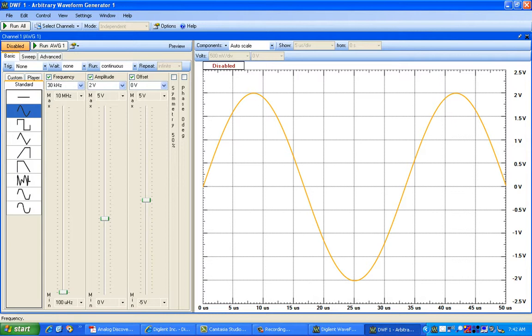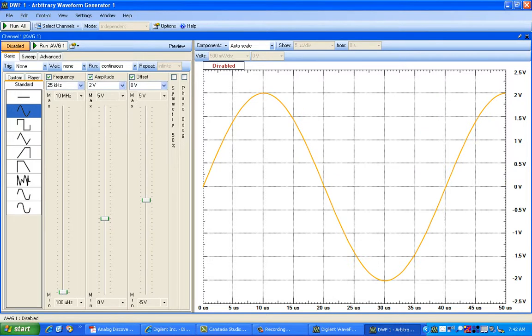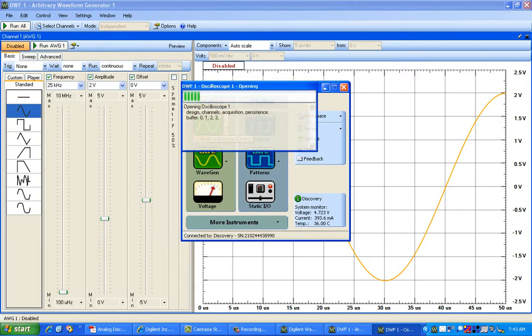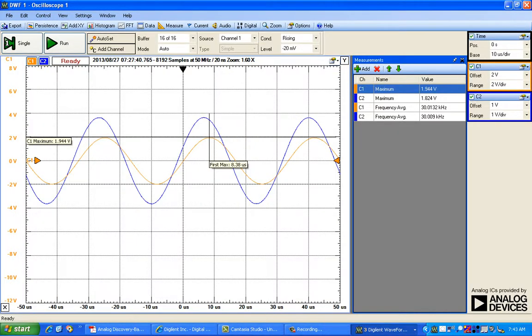At this point, let us set the frequency of the input signal to 25 kilohertz. You can see the variation in the signal frequency as soon as we make the modifications in the window over here. Once you are done with these settings, you can go back to your Digilent WaveForms software and double click on the signals which you want to tap. For that purpose, you can make use of the scope. Click on scope, which opens up the Digilent WaveForms scope.